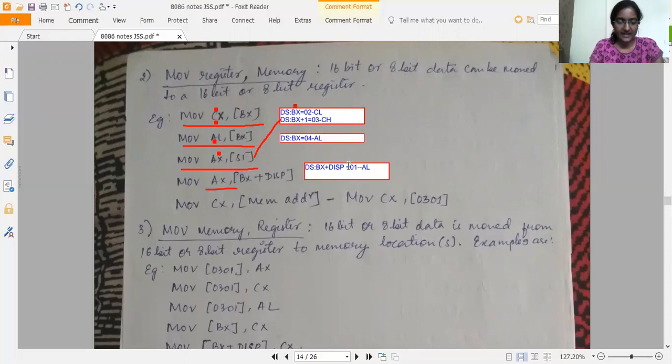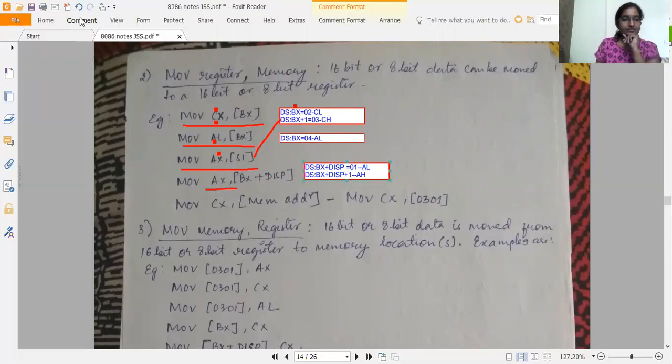And DS:BX plus displacement plus 1 will be moved to AH. I hope this is clear, because the destination size is 16-bit here.